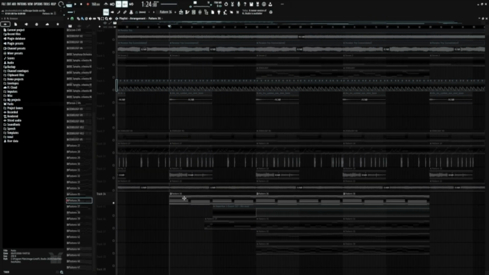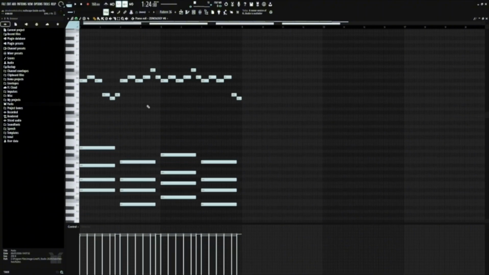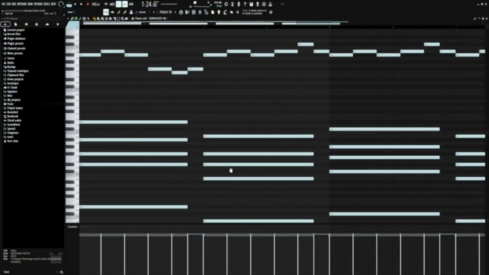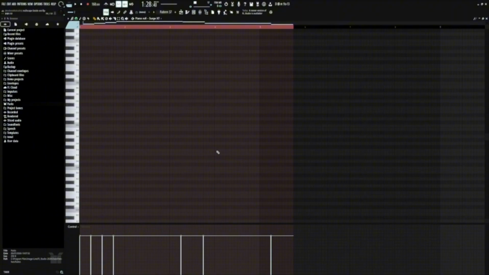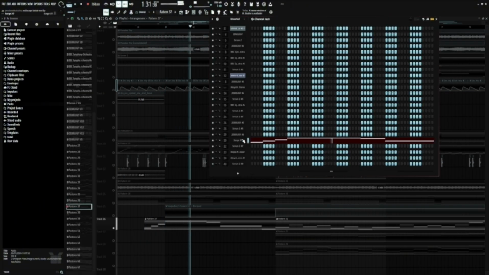Now I did make this melody originally, just like normal, but I did add the chords because I just kept forgetting what the chords were, so I was just using it as a base to try and figure out what I was doing. And here we also have a little top line melody, just doing this. For this I use Surge XT. Once it loads.